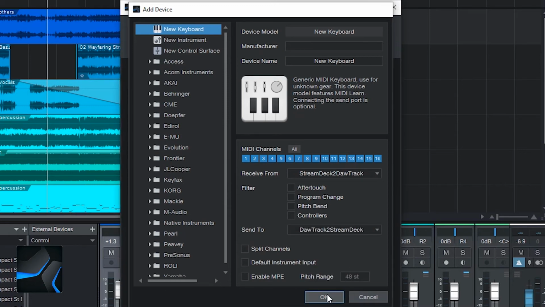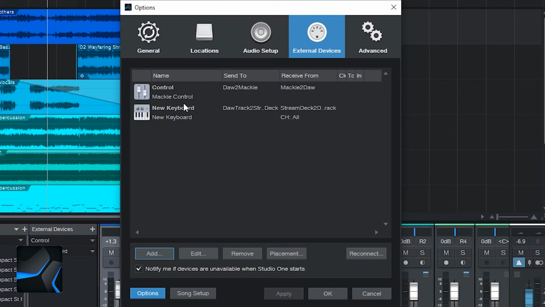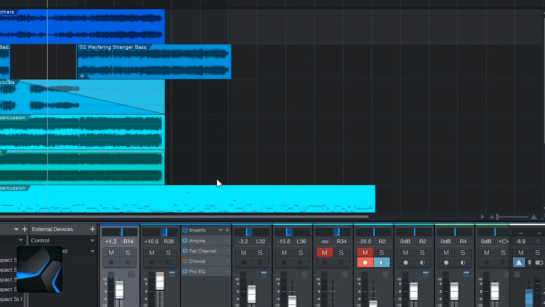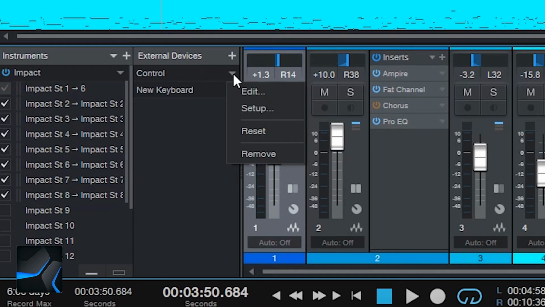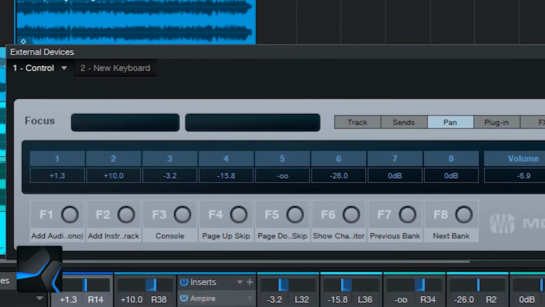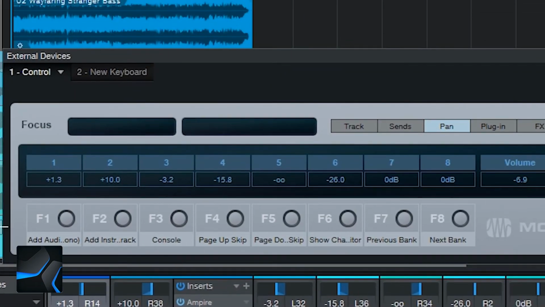And click OK. And we'll have both devices now set up. So we'll click OK. And there's one more thing to do in Studio One. Because you've added those two devices, they will appear under External Devices here. Let's click on Control, the flyout menu there, Edit, and we're going to assign commands to these F1 to F8